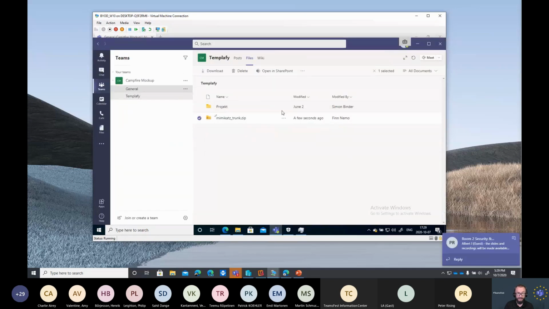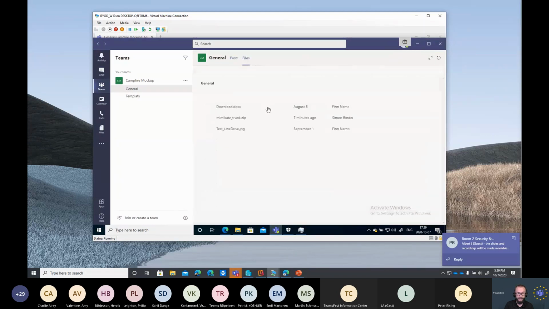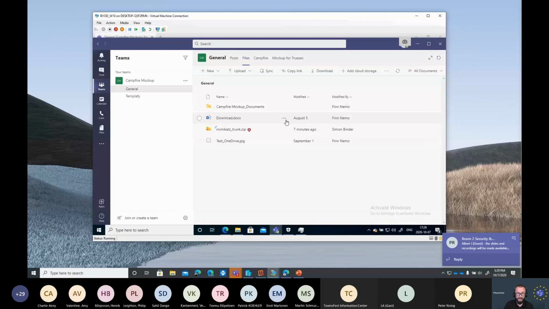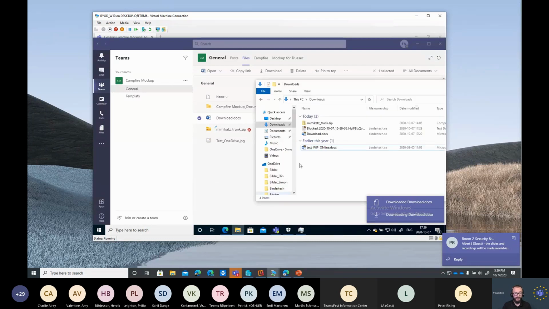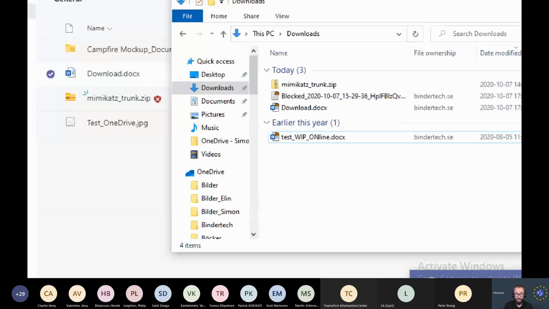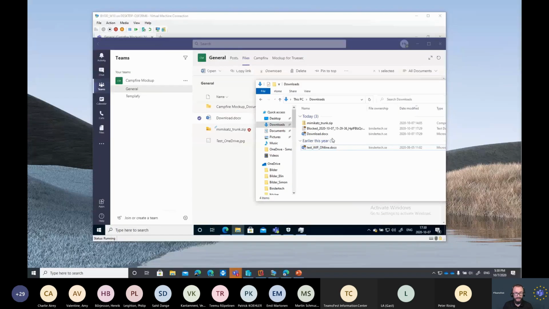From the correct path, that was the online one. Download. That's now downloading from my Teams client, and it ends up here. And as you can see, I have this small briefcase here, since this file was downloaded from an enterprise context store. And this now means that I can set policies on this.